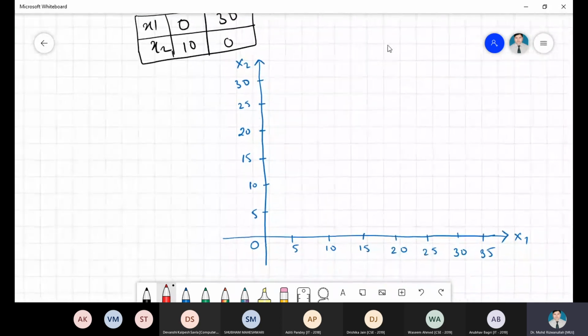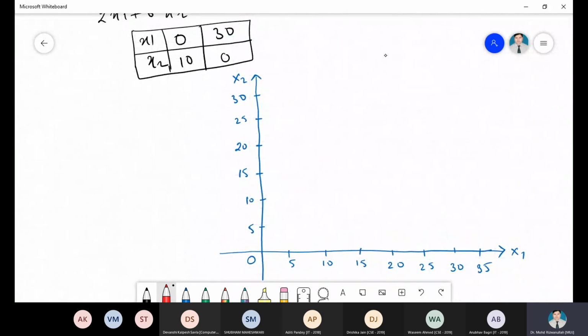Just I want to allocate the point 0, 12. So this is the x1, 0, x2, 12. So this will be the point 0 and 12. Second point is 12 and first is 0. Is it the right point? And then 12, 0 means this is the point that we call 12 and 0. So I want to draw the line here. Just join these 2 points. You can have a line. So this is the line and you can make it as a straight line.